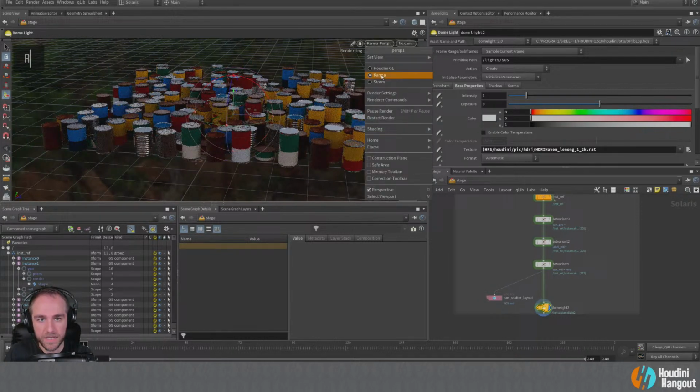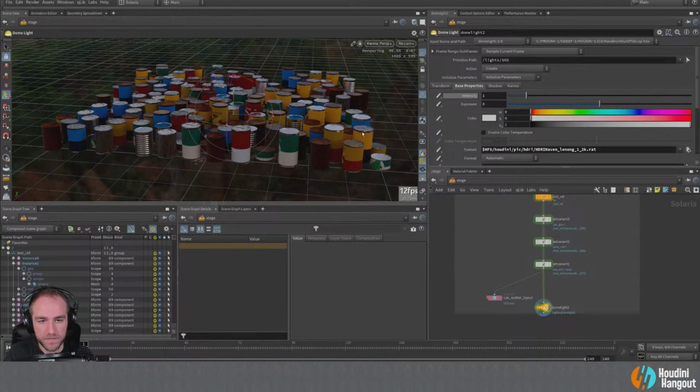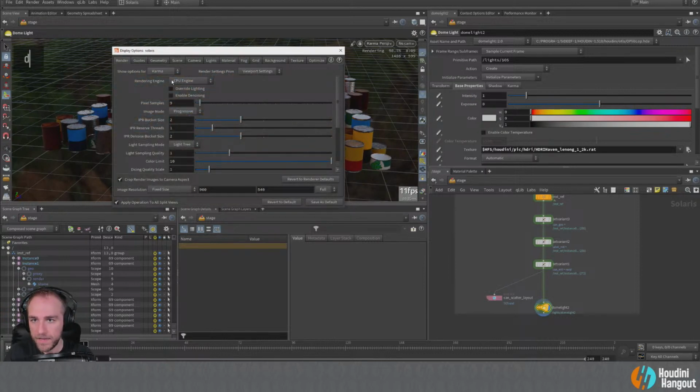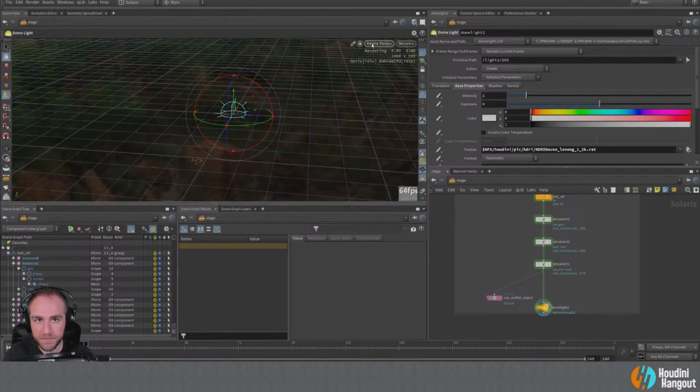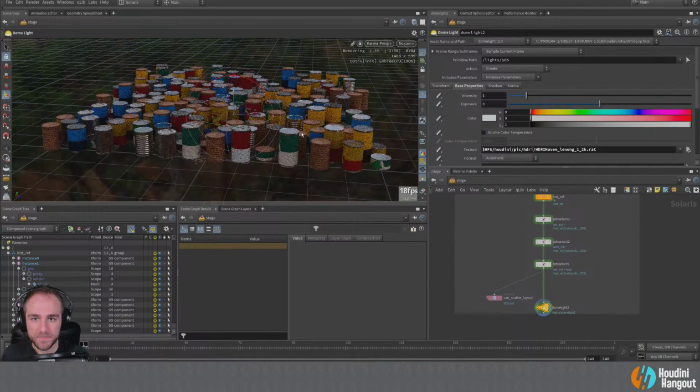Okay, so I should be able to do this. Let's do this. And I'm just going to go into the render settings. Here, it's Karma CPU. We'll change it over to XPU, see if that works. Hopefully it should. Shouldn't give me any problems. There we go. Hopefully it won't trip up my GPU or anything.